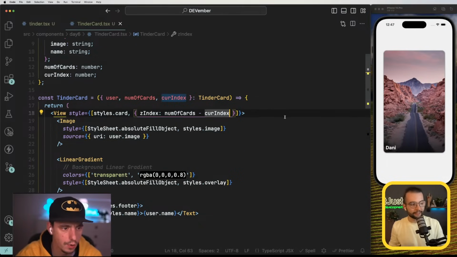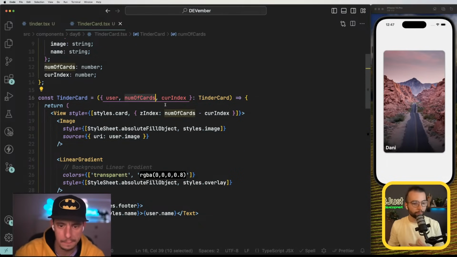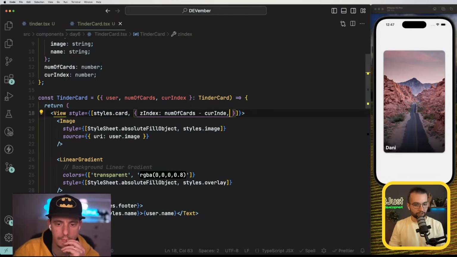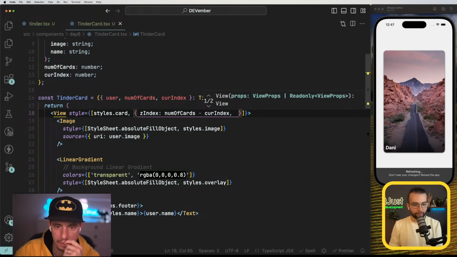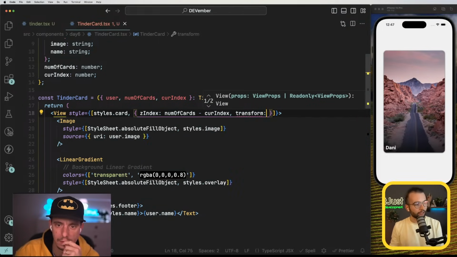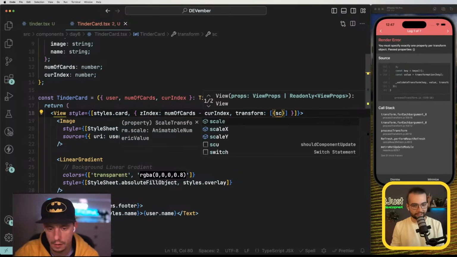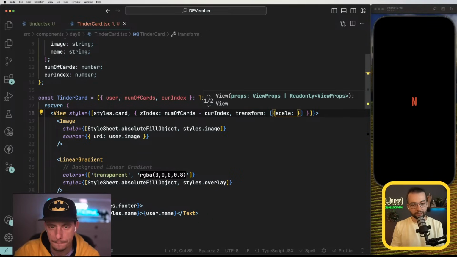Yeah, and as I understand, this scale will depend on some parameters. So I'm going to do them here inline, just for us to see how that would work without a lot of math. That's going to be a transform, right? We're going to use a transform, and we're going to scale, for example,